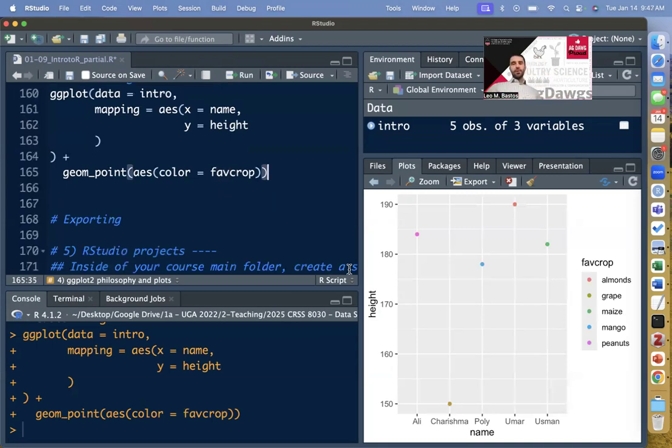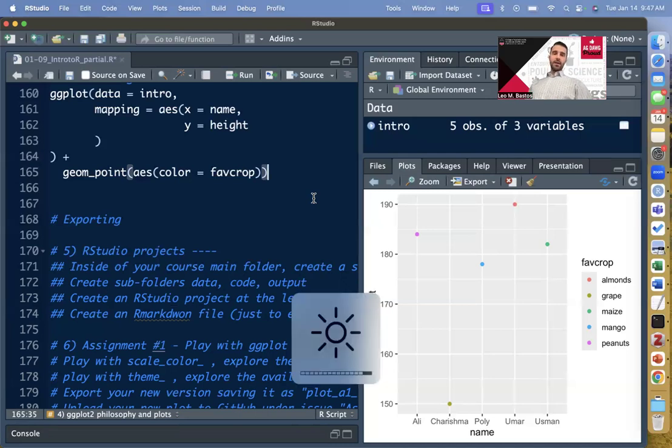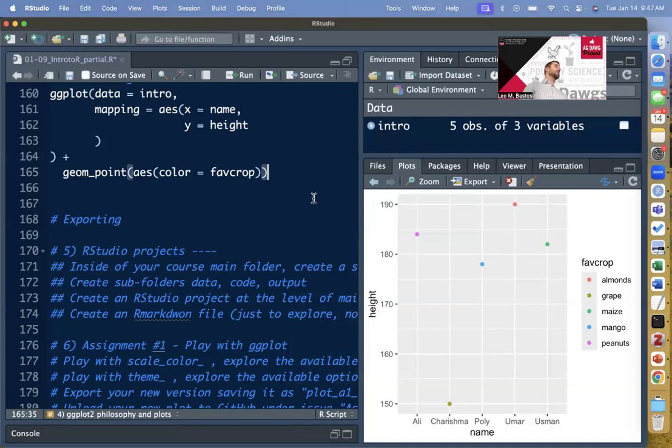All right, so I want to show you, again, there's many things in this plot that we could customize and make it publication ready. We're going to learn more about those as we evolve in the class, but a couple easy, quick ways you can customize things is, one, to change the color scale or the color scheme that you're using. This is the default that RStudio uses. We can change that. The other option is also to change the theme that ggplot is using. So the theme that it uses by default is called theme gray. It is what we're seeing here. And I want to show you quickly here a few ways that we can change those two